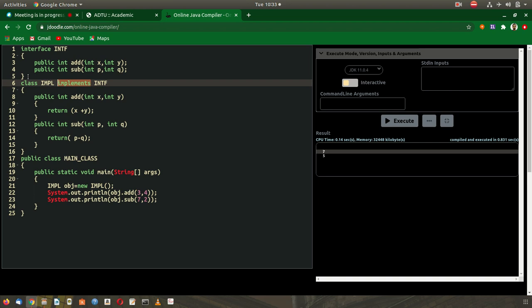The code will be abstract, that is, it depends upon the class that is implementing the interface. It may change from one class to another. So the implementation depends upon the class, and only the description of the function is provided in the interface. So some class has to implement it using the keyword implements.